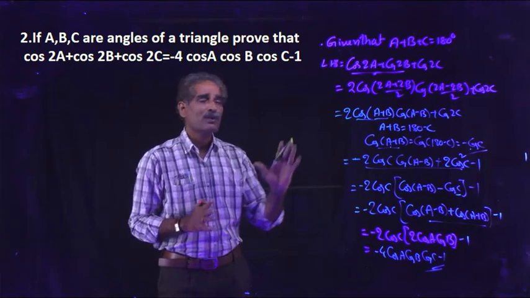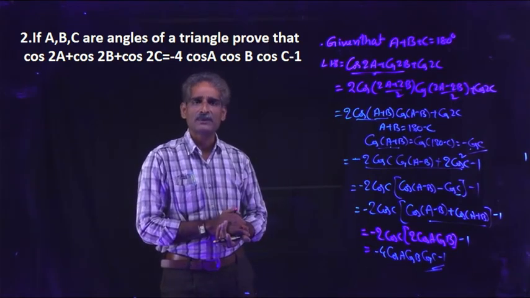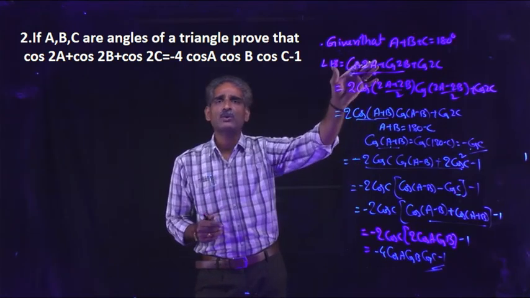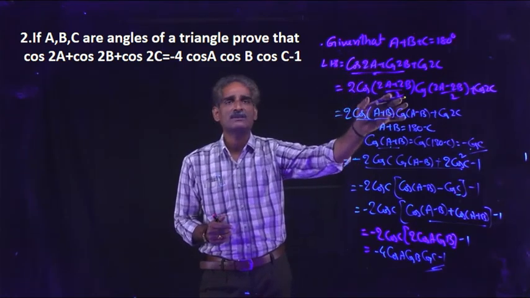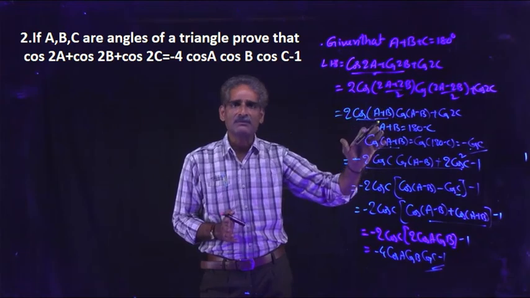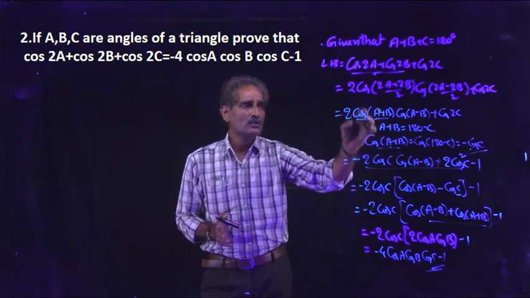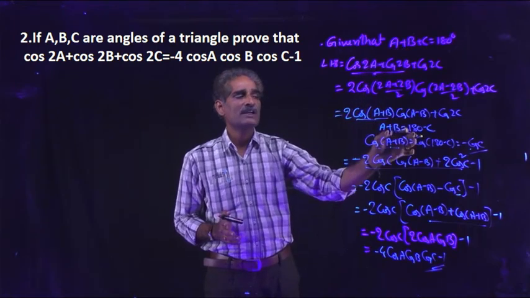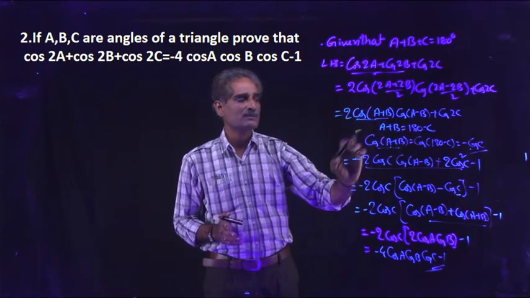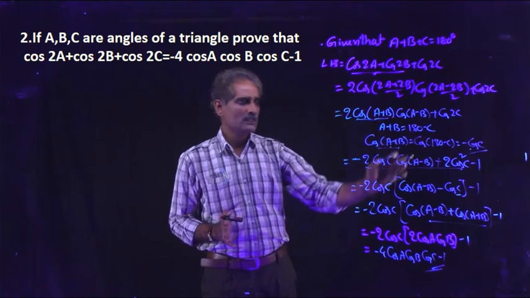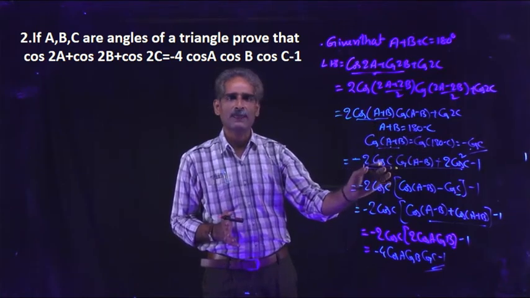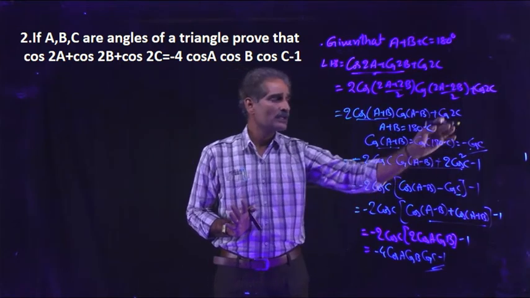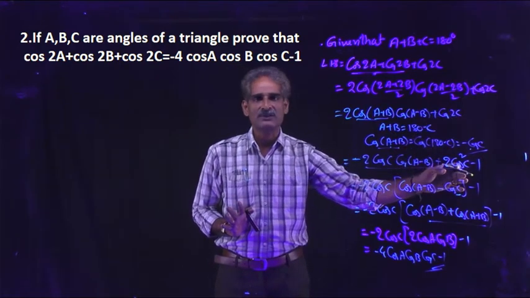Okay, the process is very, very important. In both the problems the process is the same. Just select any two functions, apply the formula for that, and try to take common. For that, you have to change this angle into single. So with the help of this, A plus B equal to 180 minus C. The cos function is required for A plus B. Just apply cos on both sides. Here cos C is there. You have to take common cos C, that's all. So try to write cos 2C in terms of cos C.